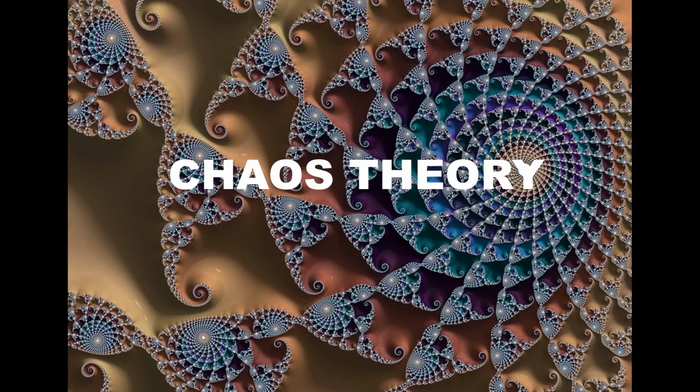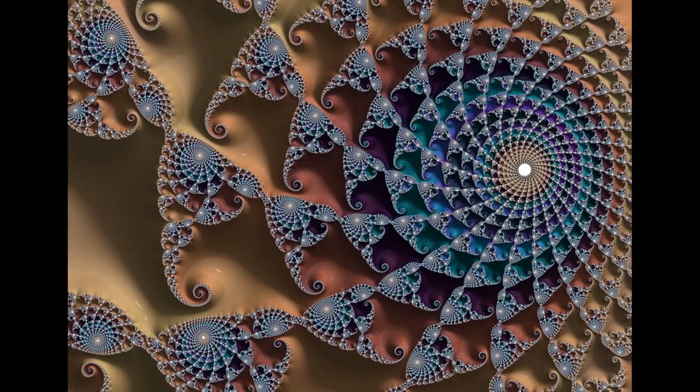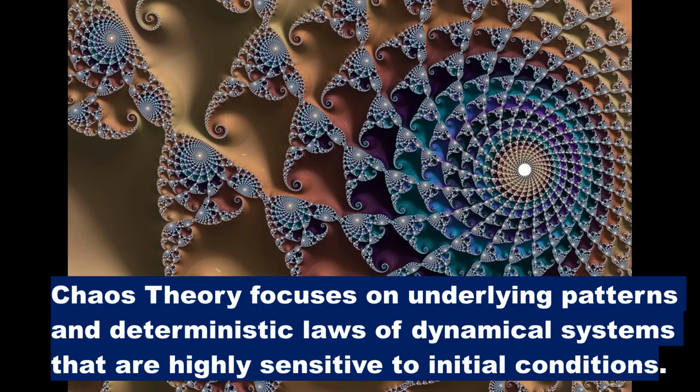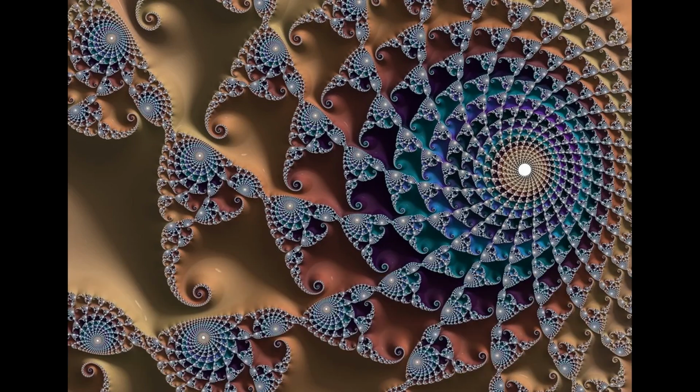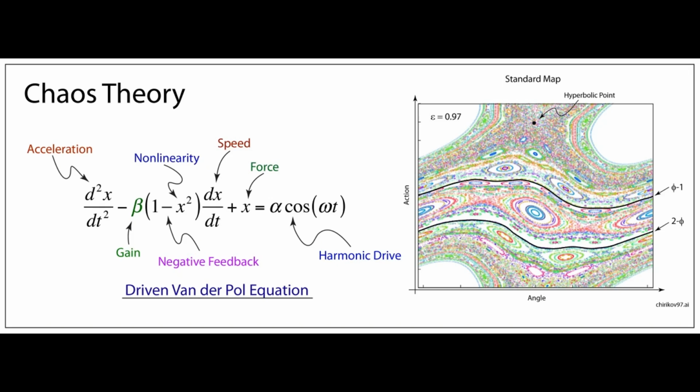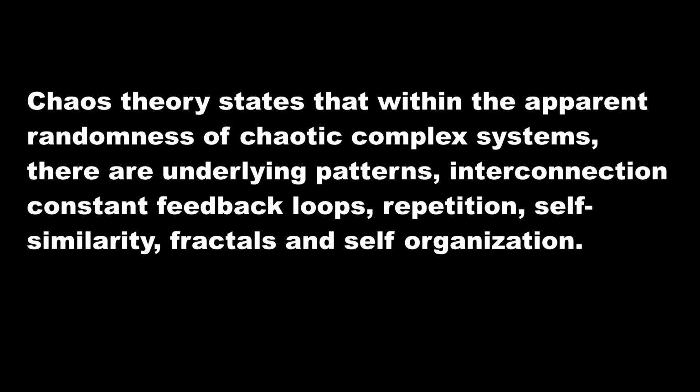Chaos theory is an interdisciplinary area of scientific study and branch of mathematics. It focuses on underlying patterns and deterministic laws of dynamical systems that are highly sensitive to initial conditions. Chaos theory states that within the apparent randomness of chaotic complex systems, there are underlying patterns, interconnection, constant feedback loops,